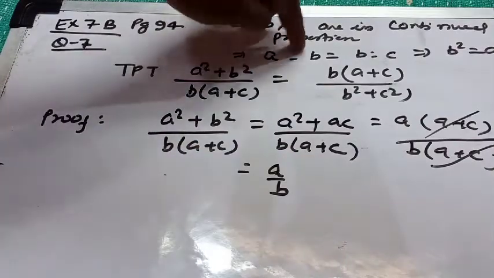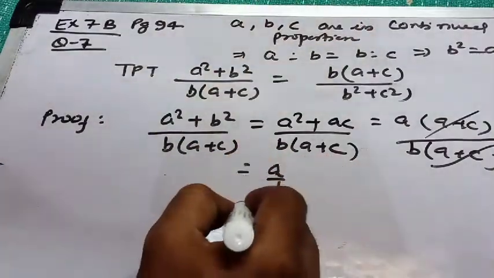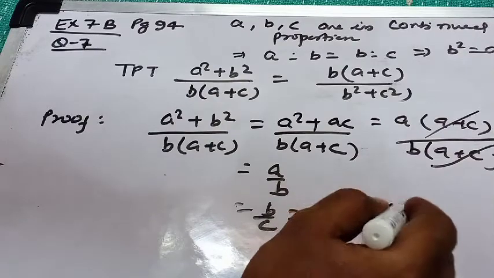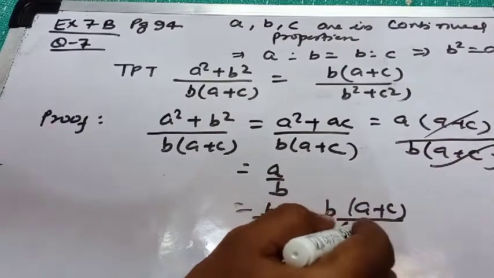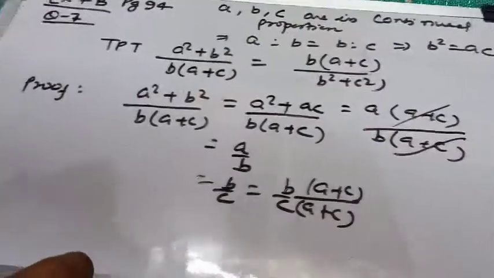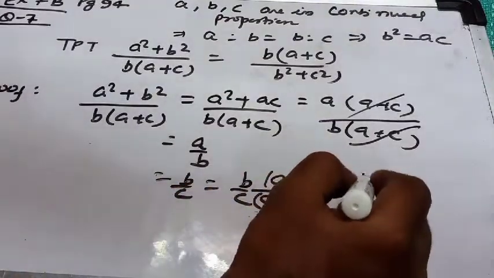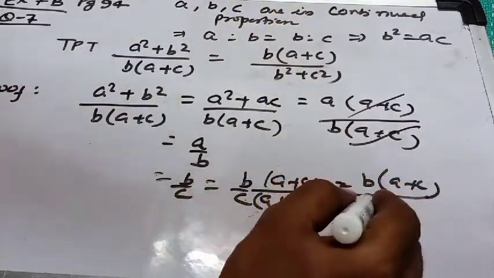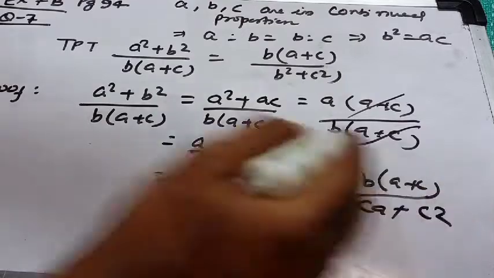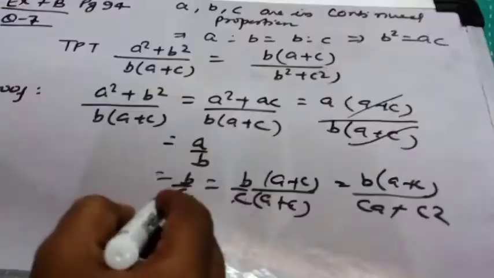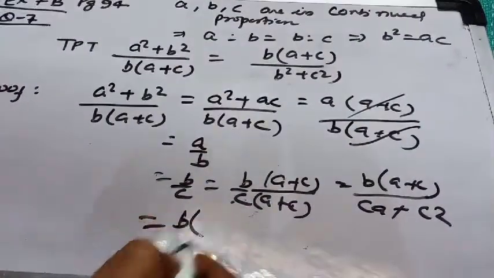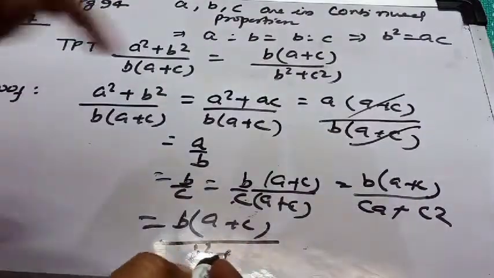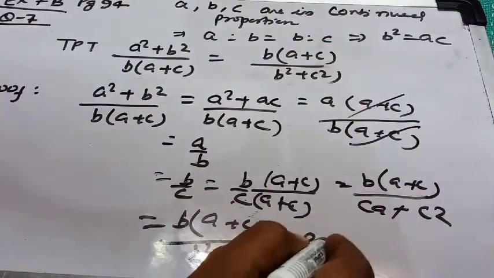And as we know A by B is equal to how much? B by C. So it can be written as B by C. And this B by C can be written as B by C into B into A plus C by B into A plus C. Same thing we have multiplied as numerator and denominator. So what result has come out? This is simply B into A plus C, that is required, and C into A will be CA and C into C will be C square, and as you know CA is equal to how much? B square. So next step it will be copied from here, B into A plus C divided by, for CA will write B square and for C square will write C square, that is equal to RHS, and this is proved.